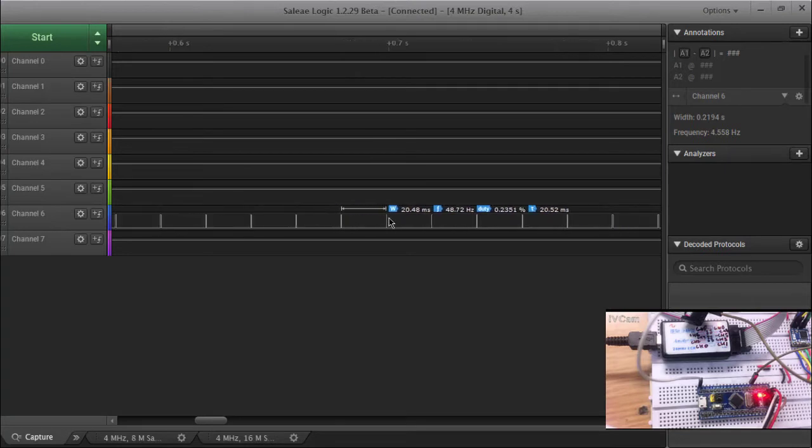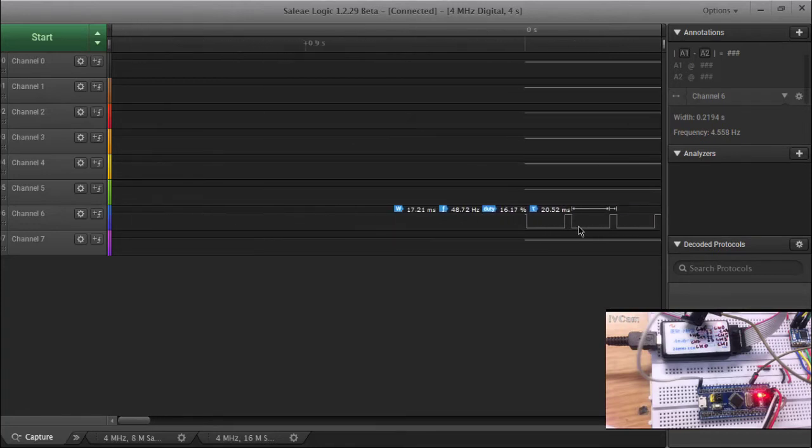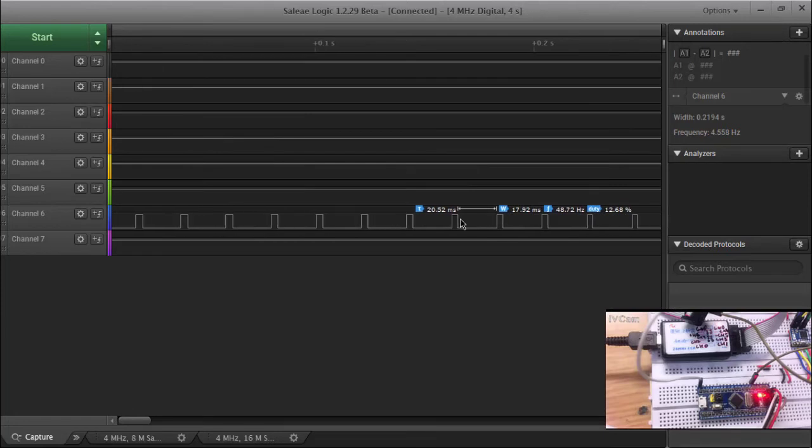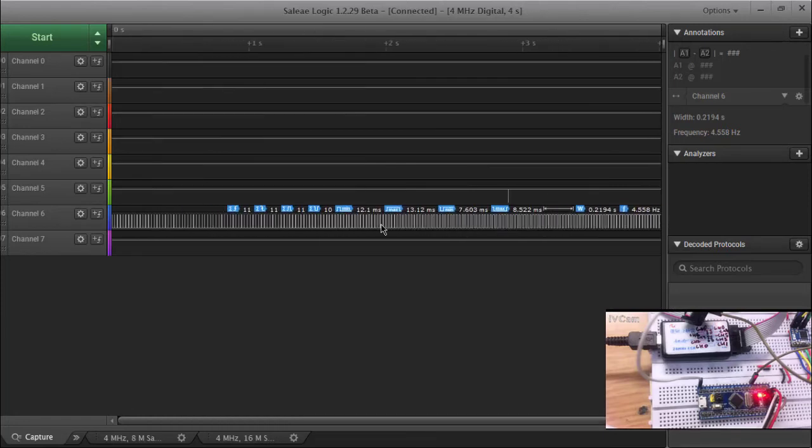For servo motors also, when we need to configure our servo motors at a frequency of 50 Hz only, with the time period ranging from 10 to 20 milliseconds, it is very easy to figure out and debug the code directly from the logic analyzer. So that's how you can plot and capture your PWM signals into your logic analyzer and visualize the digital signals by understanding and seeing their various parameters from the annotation section.